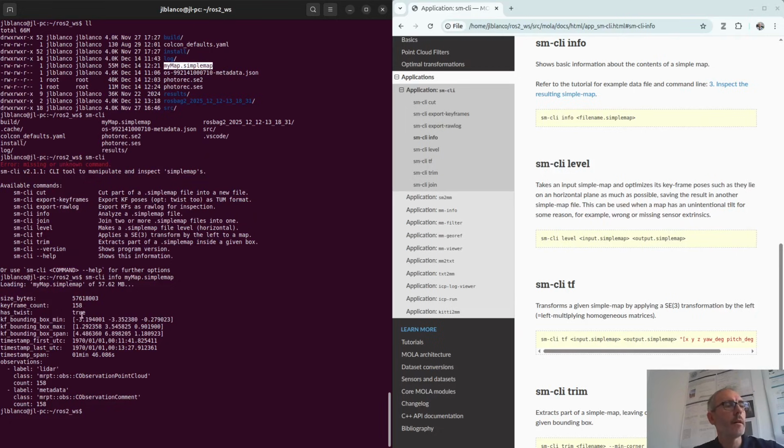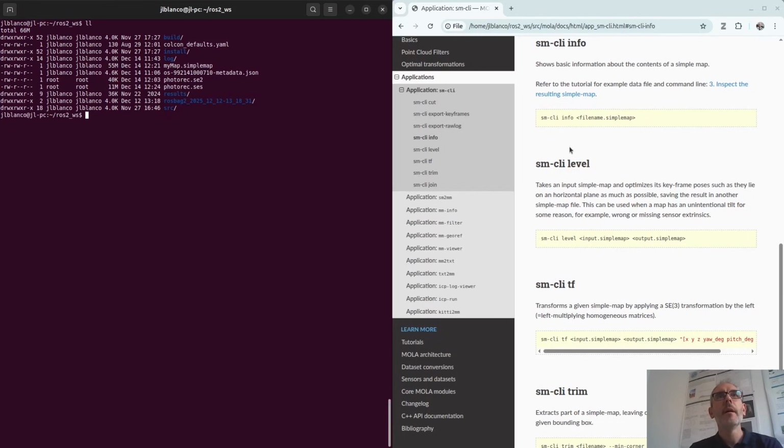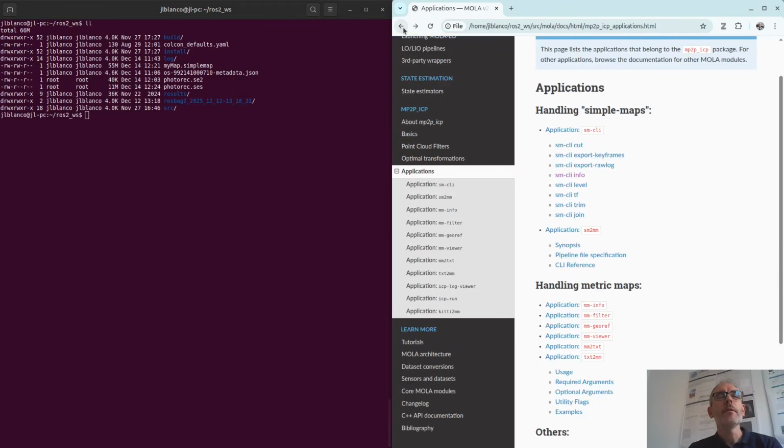And you can see the duration in time, how many observations you have. Just verify that you have point clouds in it, actually 158 clouds. Okay, we don't have any GPS or something like that because in this example we didn't have that, but we support that also.